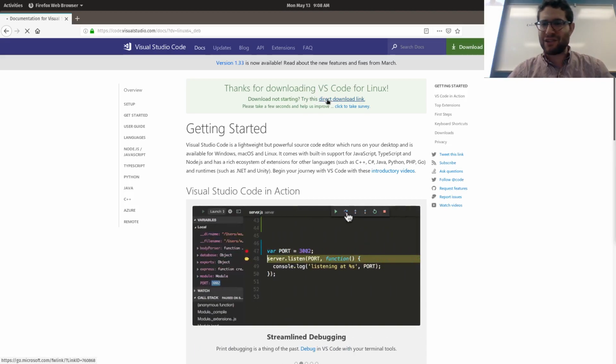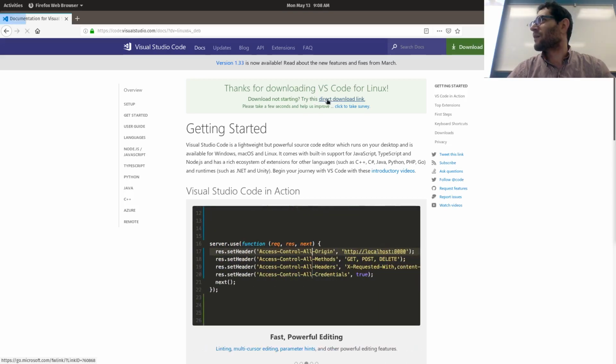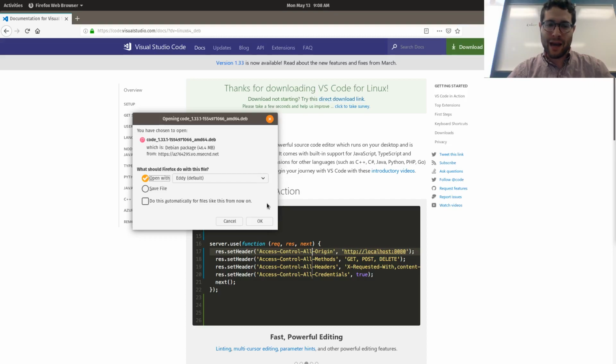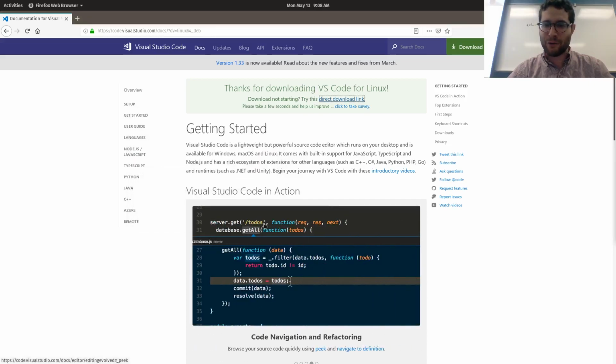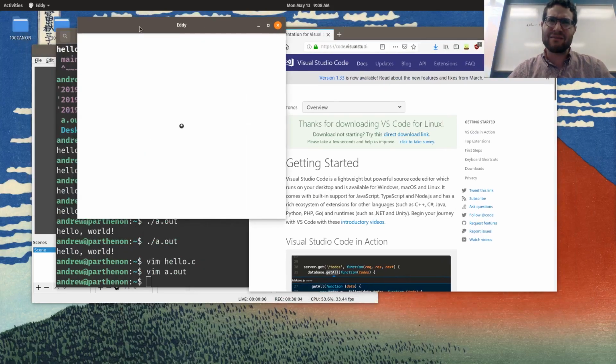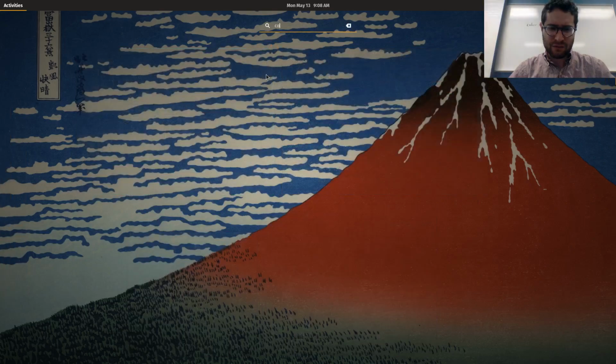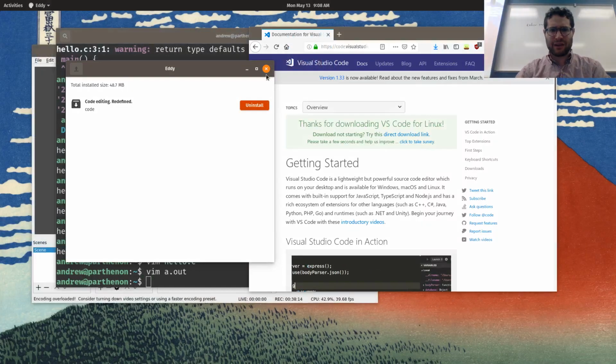Dr. LaFollette uses Vim because it's been around forever, it's extremely powerful, and you can basically use it on any computer that ever existed. So it's already there. Visual Studio Code is already there. All right.